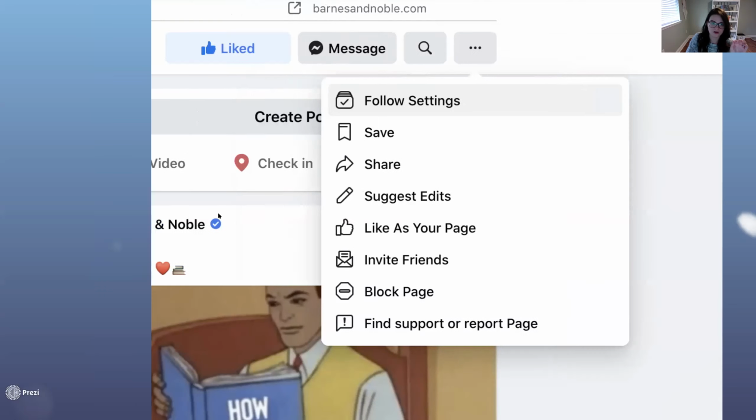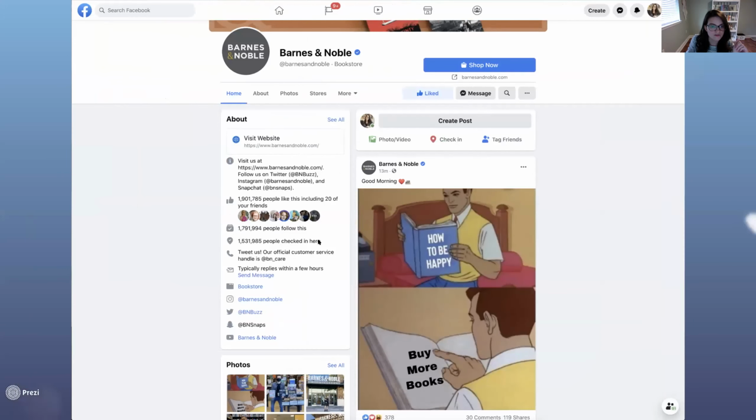If you notice right here, this is how many people like the page, and this is how many people follow the page. So you can like a page to support someone that you care about. Maybe someone has a crochet business, so you like their page, but you don't care about crocheting. So maybe you unfollow the page so that they still have that like. That's why follows and likes can be different numbers. It's very silly. I don't know why that's even an option. But when you like a page as your page, it adds to their follows, not their likes, which is unfortunate.